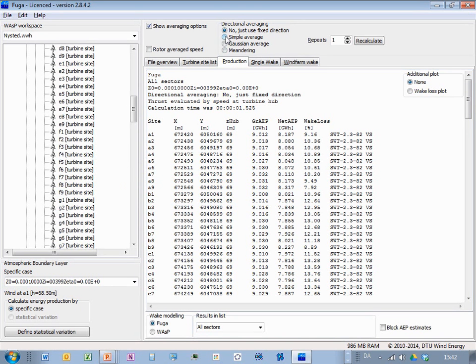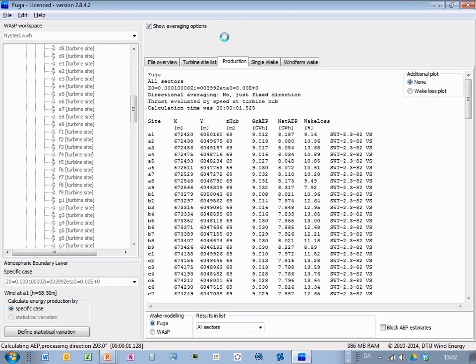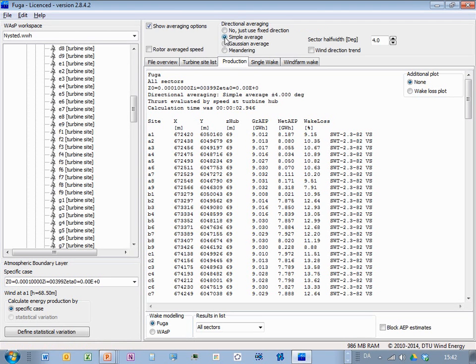Now inside Fuga, here are some options. I could say, if I want to do some simple averaging, now it's doing some calculations here, and that would be the half width of my filter here. So I'm using a top hat filter over a sector of 8 degrees, and I could do a similar Gaussian filter, and I could see what is the effect of rotor-averaging here. And also you could apply this wind direction trends filter here,